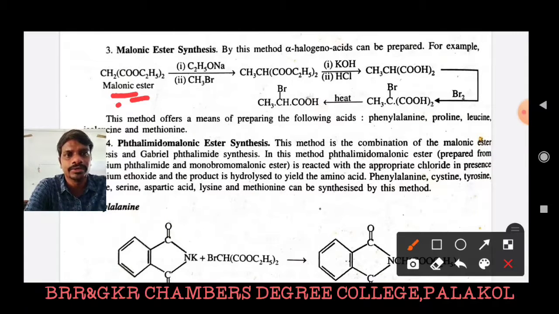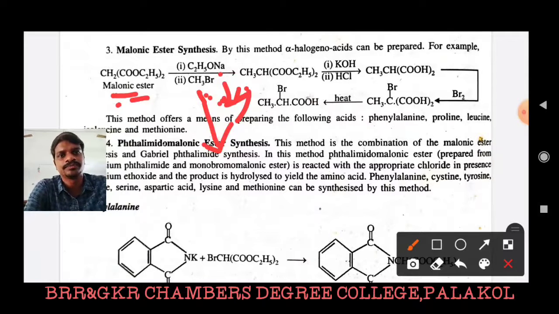Then we treat it with a strong base. The base abstracts the proton from the CH2 group and it is converted into CH minus, that means a carbanion. Now it is treated with alkyl halide. The bromine is a good leaving group, so Br is cleaved as a nucleophile and the carbon gets positive charge. The positively charged species reacts with the negatively charged CH group and produces alkyl malonic ester. That means we have done alkylation.